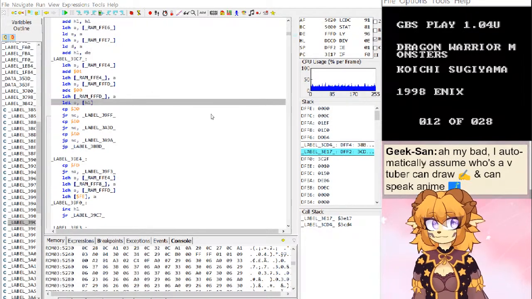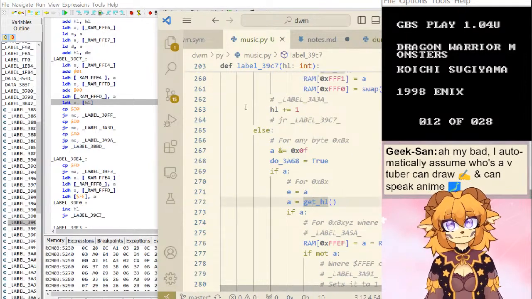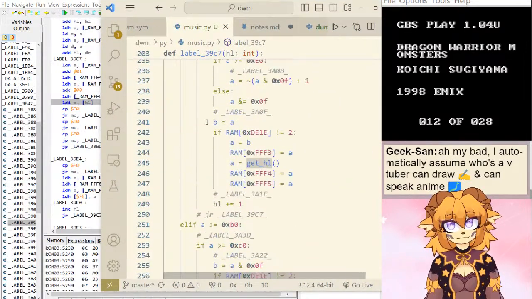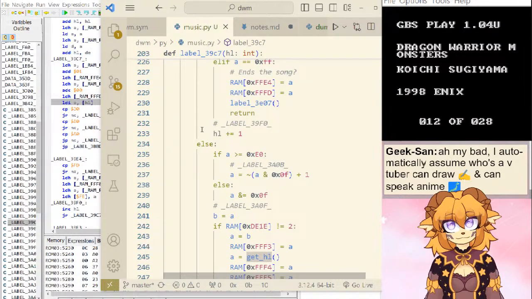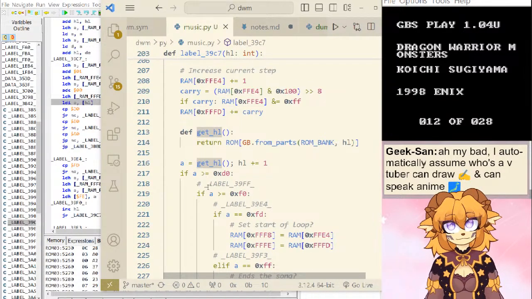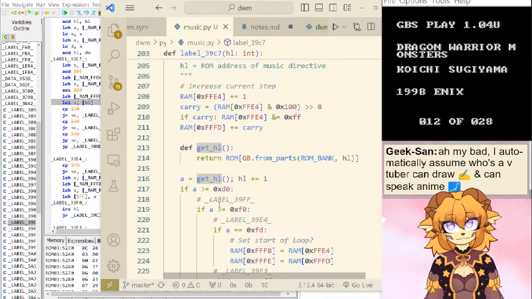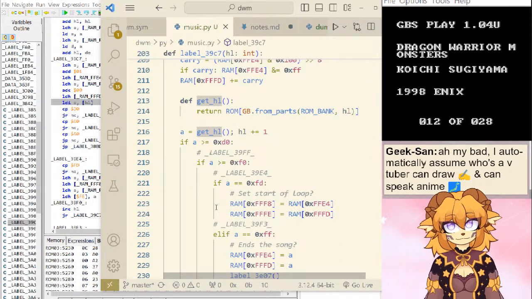Not that. So 39C7. This one. Oh, this incremented it. Probably it was this.